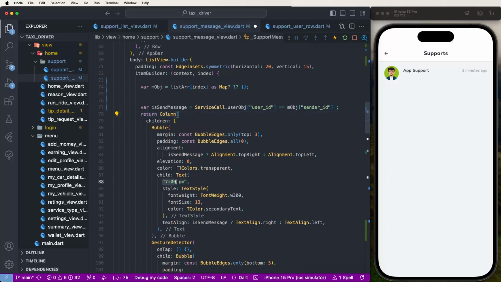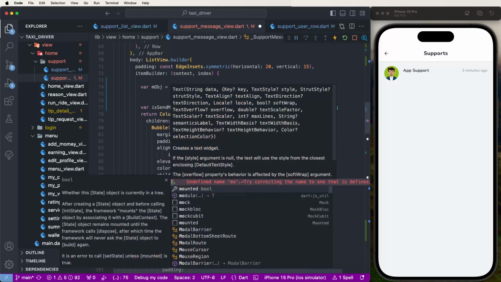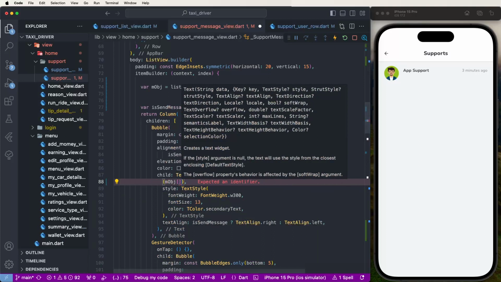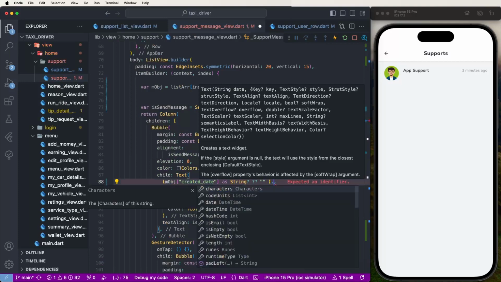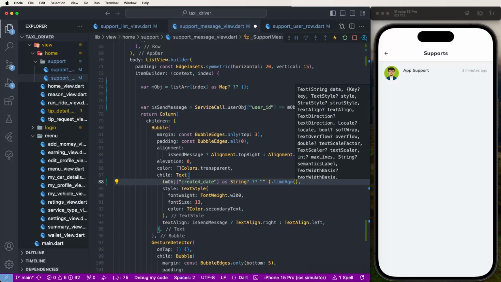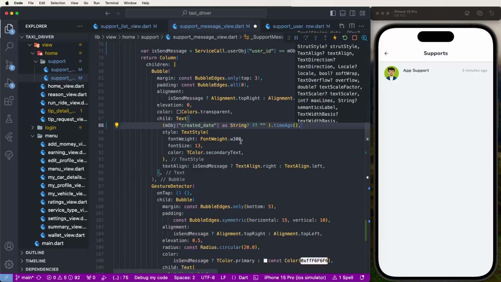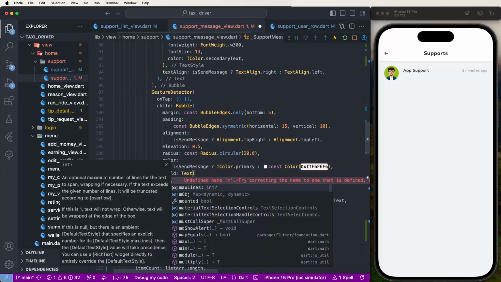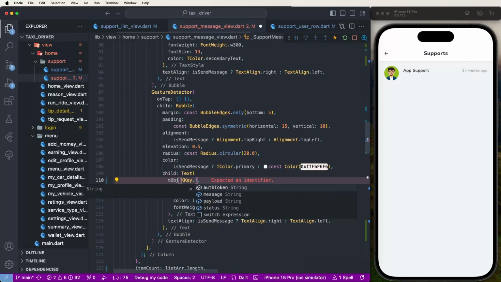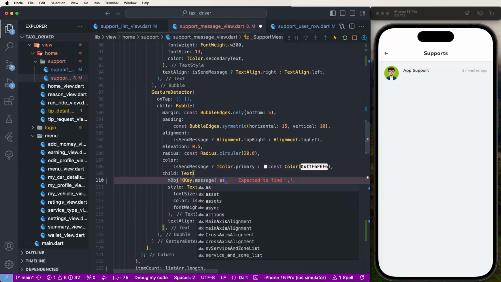Now need to set this here the times, need to configure this here the bubble, need to call this here m object dot, needs here the created dates, pass this here string optional here, and we need to call this here time ago, we need to set this here string, and then after so need to call this here the tabs, need to set here the message displaying here, need to call this here m object, and we need to give this here the message, and this we need to give this here the string